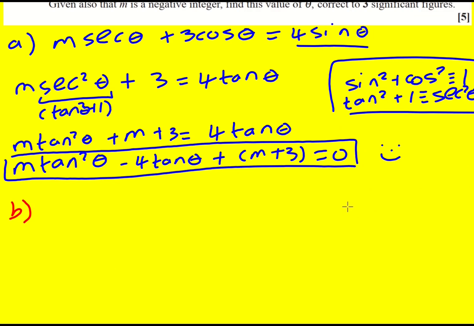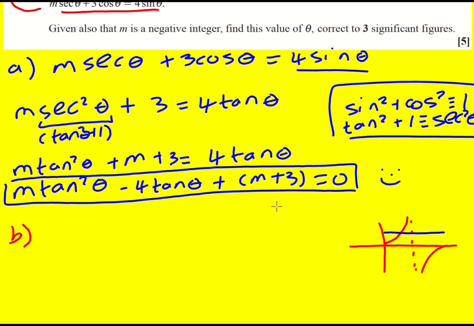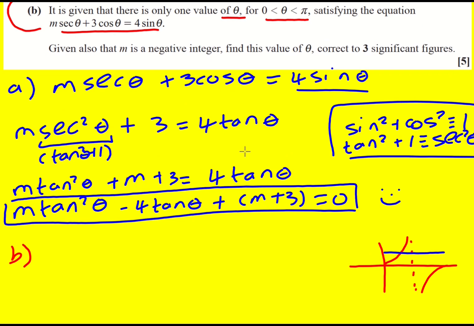So what is this getting at? Well, it's a hidden quadratic here, so actually we're expecting to get two different values of tan. Tan in the interval, remember we're doing it from 0 to pi, so it's going to look a little bit like this. Therefore, to get only one value for tan, remember tan takes all values between 0 and pi. To get only one value means we can only get one solution